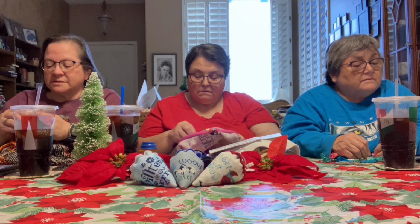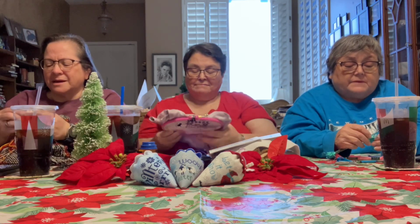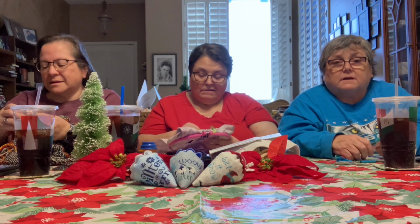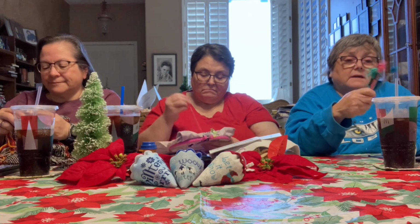Oh my gosh, these rows are so long. They take forever. I'm never gonna get done. Okay, so this pattern, I've been wanting to start it, and it calls for 3 colors of satin floss, and